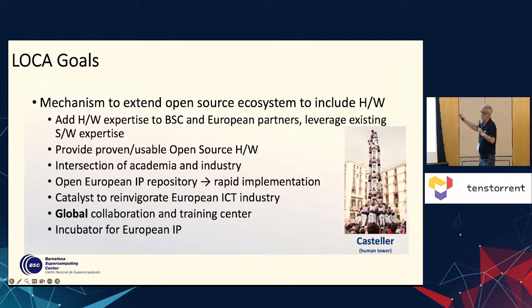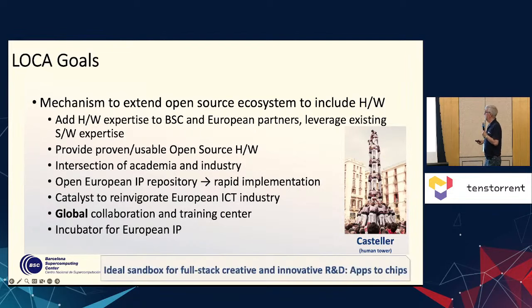Okay, so this is the idea. This is the human tower we built in Catalonia, in Barcelona. So this is the idea that together we can go up. Okay, this is the idea of RISC-V. For me, together we can move farther away. Okay, so we did that,